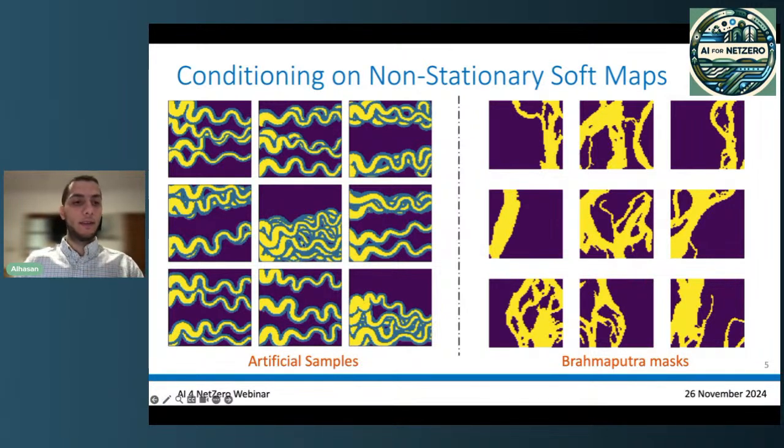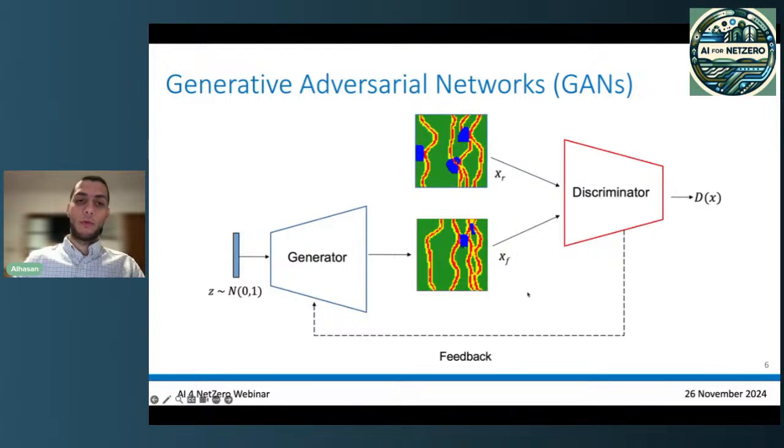And you can also see that the patterns on the left side here are non-stationary, because there is this kind of trend of a decrease in the channel widths. On the other hand, the real samples could be non-stationary or stationary because they are coming from a realistic scenario. So the method that we use to generate these realizations is called Generative Adversarial Networks, or